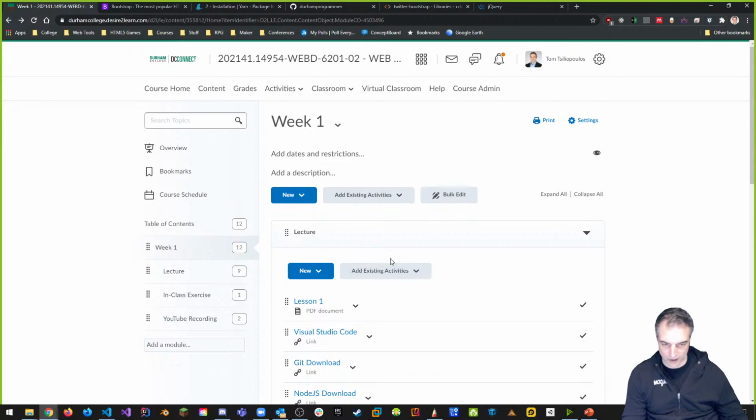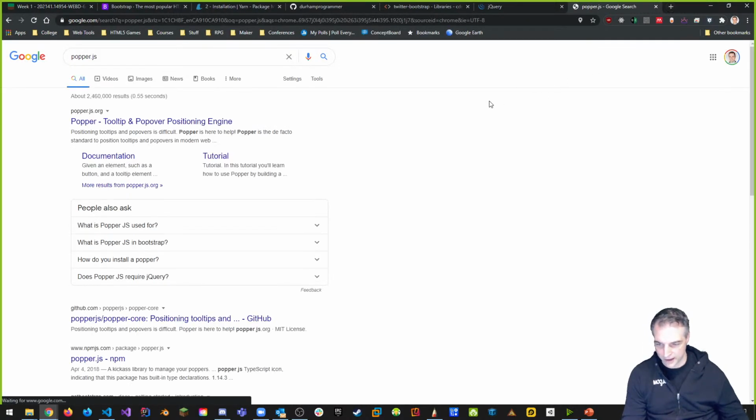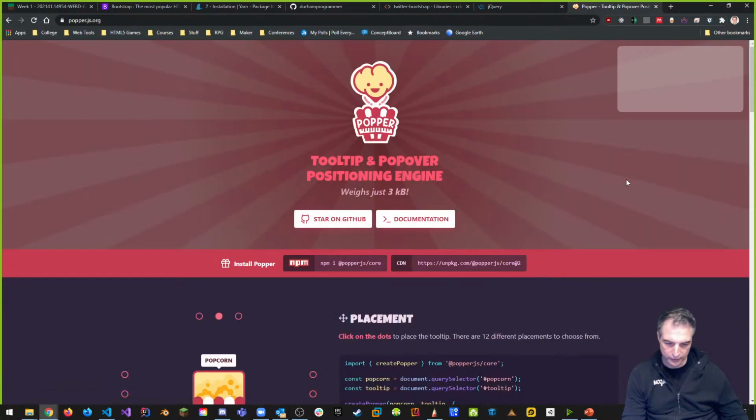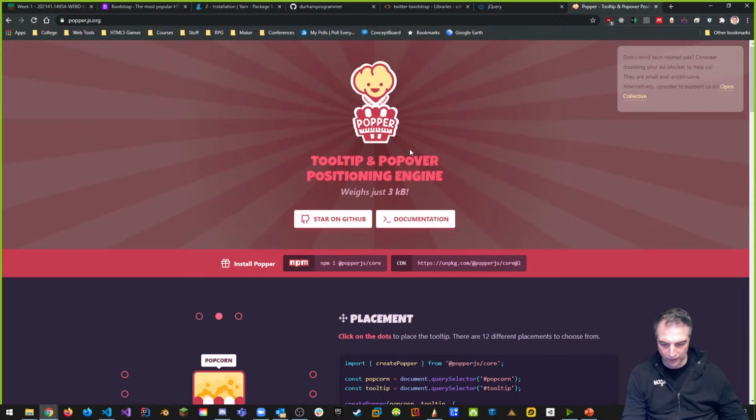All right, so that's the next one. We're going to add more links to this in a second. So we need jQuery and we need Popper.js. Popper.js, by the way, if you look that up, is actually a tooltip and popover positioning engine. That's what it does, right? So it's another little helper library that